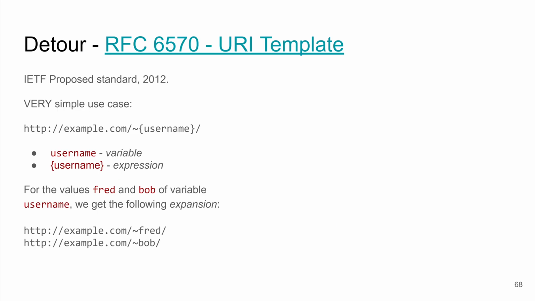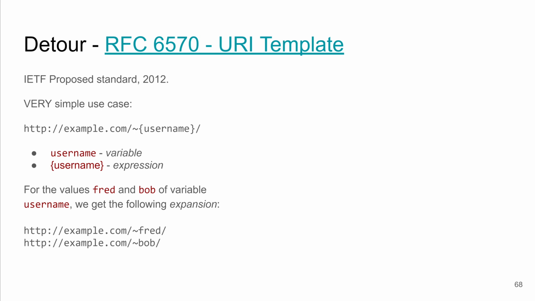Now, before I get to how you can customize this conversion so that it makes more sense, I'll take a technological detour here, and I'll quickly explain what RFC 6570 URI templates is all about. This is basically a way how you can generate URIs based on a template, and the template looks like in the example. So here we have http://example.com/~ and then the curly braces and username, and this is what makes the URI a URI template,